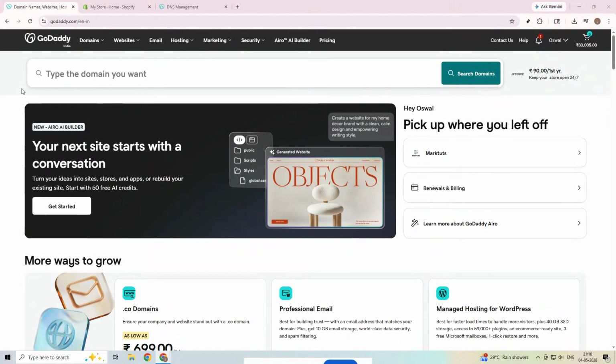If you want to buy a domain from GoDaddy and connect it to Shopify, you're in the right place. In this video, I'll walk you through the full process step by step, from purchasing the domain to pointing it to your Shopify store so everything works properly. This is a simple setup, but it's important to do it carefully so your store loads correctly on your custom